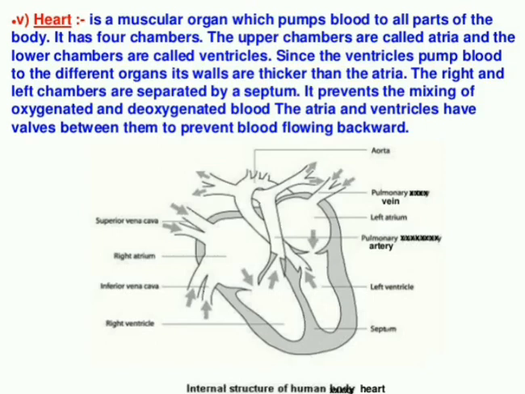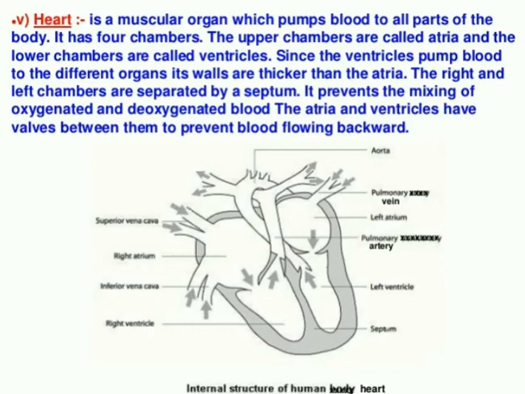Okay, look at the left side. The left atrium and the left ventricle. From the top we have the left atrium, at the bottom we have the left ventricle. The left atrium and left ventricle are separated by one valve, and that valve is called the bicuspid valve. What is the bicuspid valve? Spelling: BICUSPID, bicuspid valve.